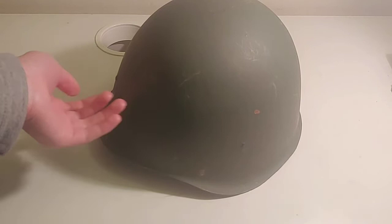Today I'll be doing a review on the, I believe, Hungarian M70. That's what I believe it is. It's one of the Eastern Bloc helmets during the Cold War, so this is called an M70. It was made, I guess, in the 70s, and this helmet is made of this very thin steel and weighs about 2 pounds, so it's a